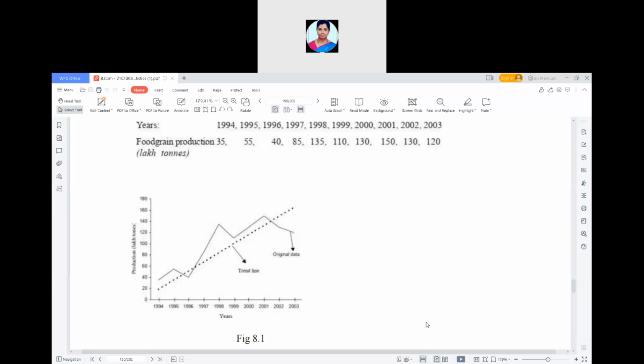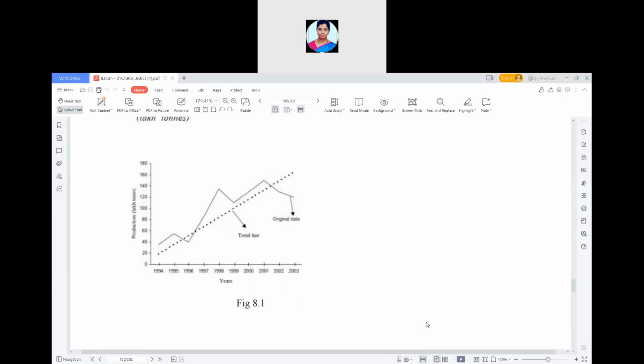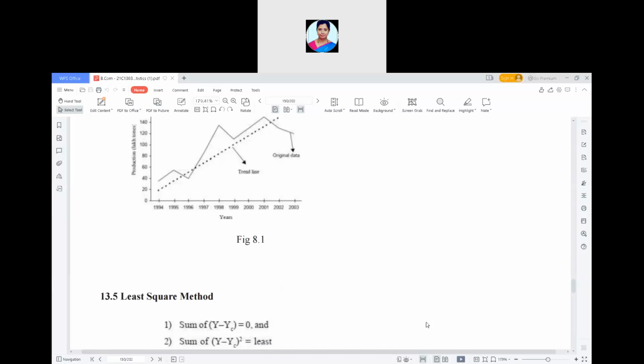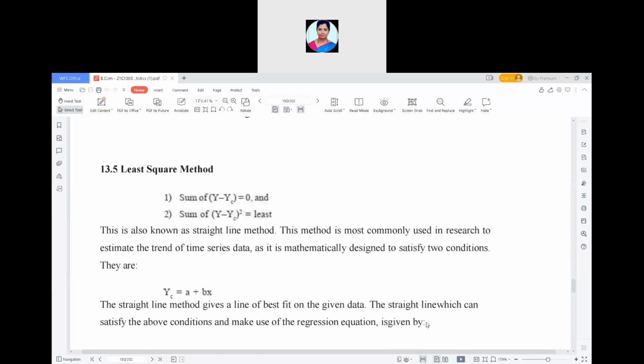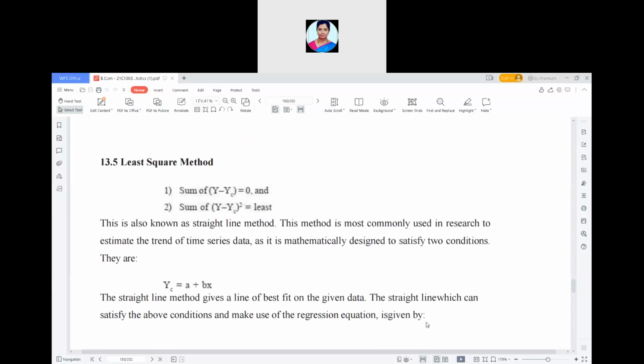Now, let us move on to the next method, which is the least square method. So we will see what we mean by the least square method. This method is most widely used in practice. It is a mathematical method with the help of which a trend line is fitted to the data in such a manner that the following two conditions are satisfied. So the first condition is